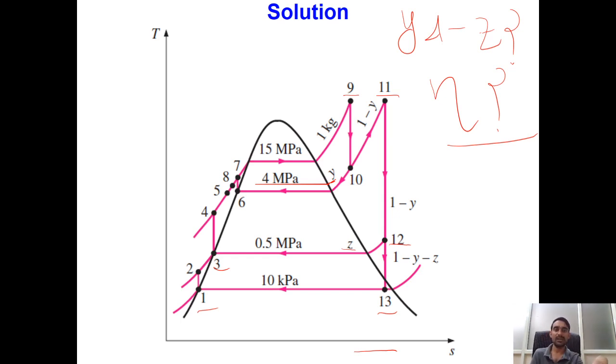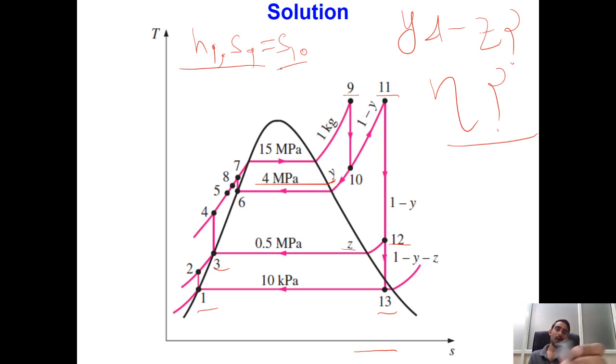Let me comment on how to determine the values, and after that I will directly show all the thermodynamic properties. Point number 9 is a superheated state, and at this state we know both pressure and temperature. As we know both, we can simply determine the value of enthalpy at point number 9. Similarly, I can determine the value of entropy at point number 9. Once the entropy of point number 9 is known, we know that 9 to 10 is an isentropic process, so S9 will be equal to S10.